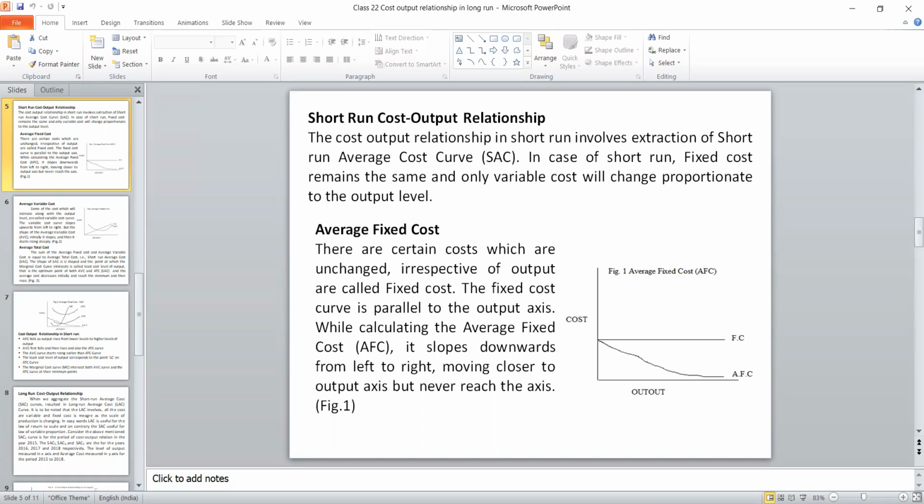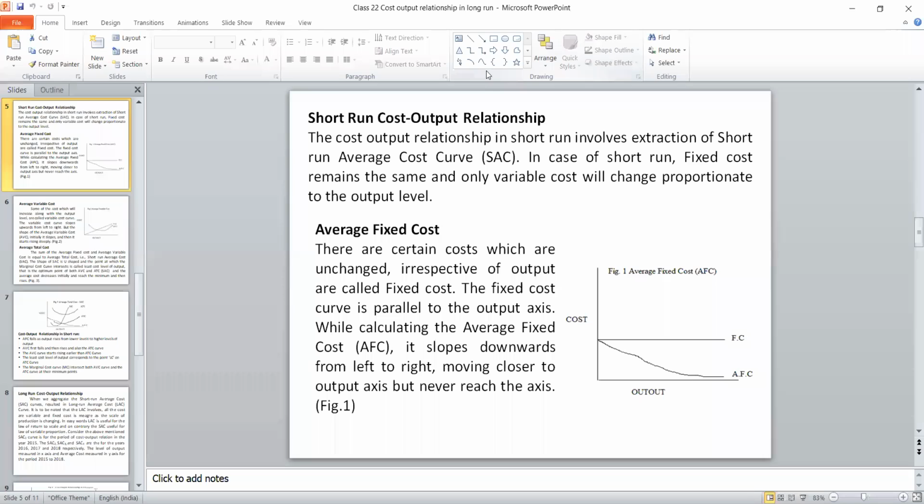So the shape of the average fixed cost slopes downwards from left to right, but it never touches the output axis. This is shown in this diagram. Now we have completed the fixed cost. Now we will